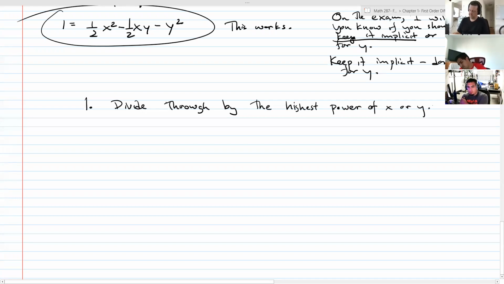Depends on which one you want to do. Okay, number 2. If the DE is homogeneous to degree 0, obviously if it's not, you're not going to do this. But if it's homogeneous to degree 0, that is, we get a function in terms of y over x,